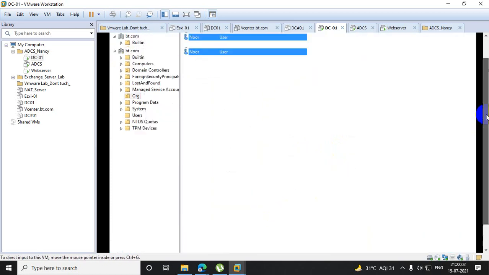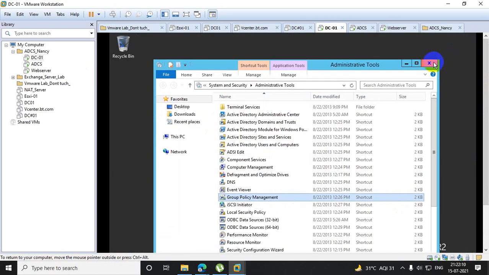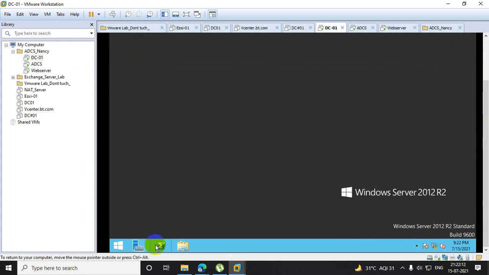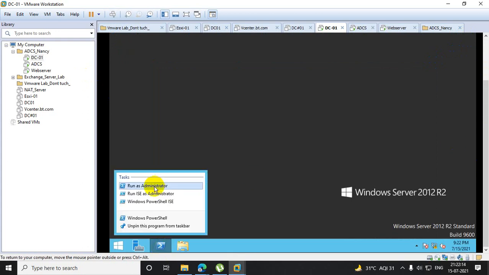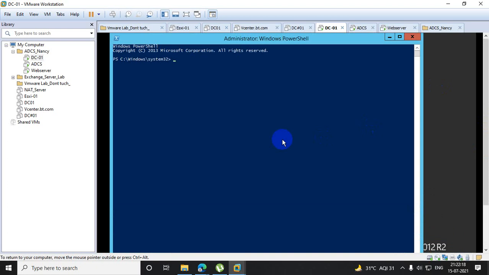Got it. Now I have done this policy. As I am telling you, after any kind of change in group policy, run administrator Command Prompt or PowerShell and run the command gpupdate /force. Got it?